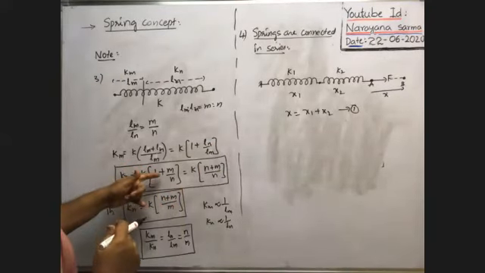Now, whenever the two springs are joined in series and an external force is applied, as both are in series, the same spring force is developed in this spring and in this spring also. Whatever spring force is applied here in this direction, this spring will extend with the force F in this direction. So spring force is developed, and with the same spring force, this spring is also extended. That's why whenever two springs are connected such that the same spring force is developed in both, they are said to be connected in series.